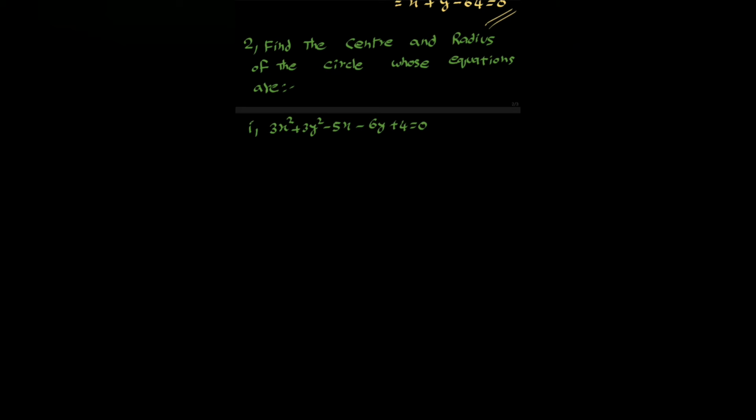So what are the conditions that represent a circle? It is a second degree equation in x and y. Yes. And coefficient of x square should be equal to coefficient of y square. It is equal. And xy term should be eliminated. Why? Because to form an equation of a circle, the x square coefficient should always be 1. So we have to divide with 3. So see the solution.